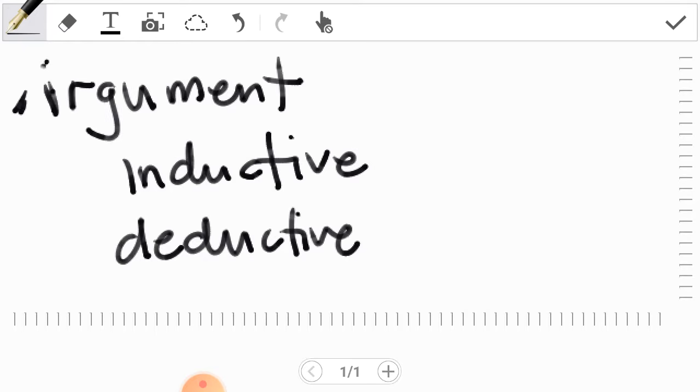Okay? So, for example, what's an example of an inductive argument? Let's say you are planning to visit your relatives abroad and you will be traveling by plane. But you are afraid of traveling by plane. And then, your relative will say, in going to our place, you may die because of a plane crash. Because your relative knows that you're afraid of traveling by plane. So the conclusion there is, you may die. But the conclusion does not necessarily mean that you will die because of the plane crash. Right? So, your relative will say, yes, you may die through the plane crash, but there are also people that